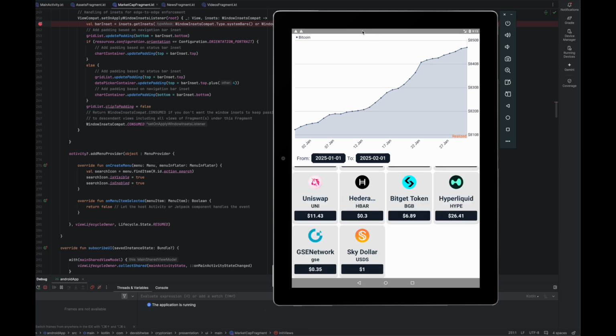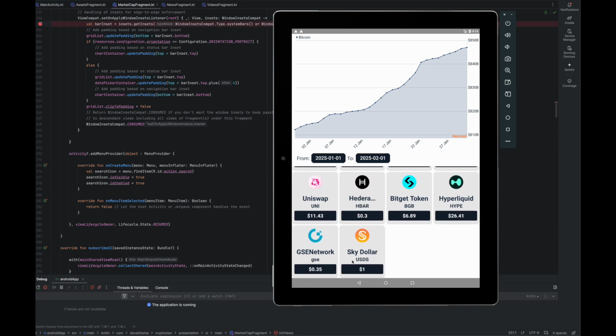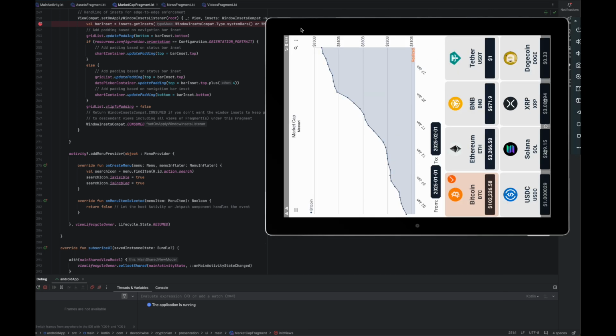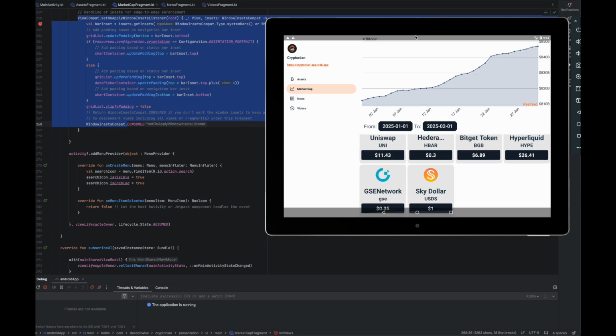So the status bar does not overlap our app UI, and the recycler view has padding behind the navigation bar. So, the problem here is when I rotate the device, as you can see, there is no trigger, right? Look at this.